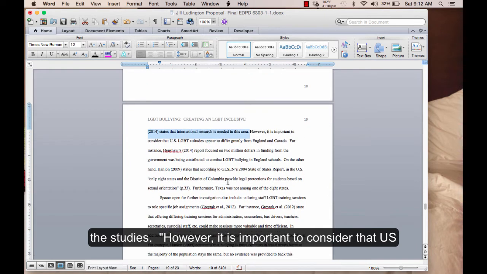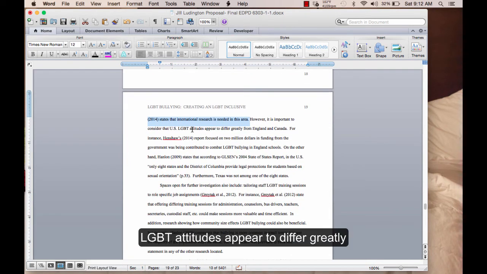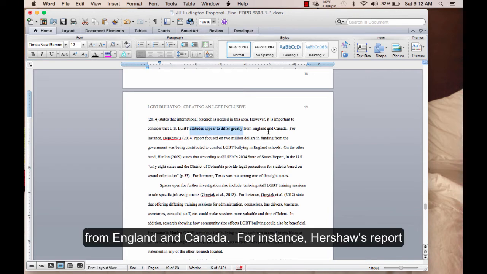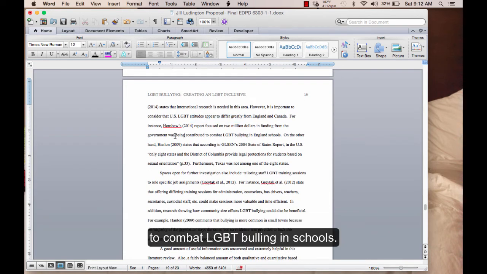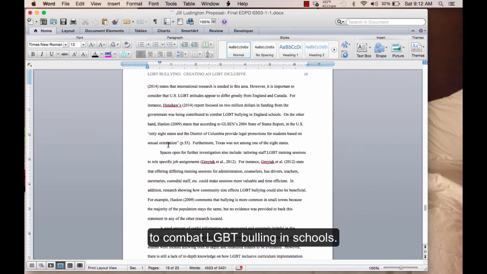However, it is important to consider that U.S. LGBT attitudes appear to differ greatly from England and Canada. For instance, Hershaw's report focused on $2 million in funding from the government being contributed to combat LGBT bullying in England schools.